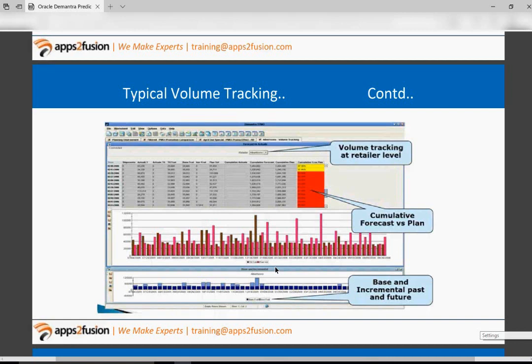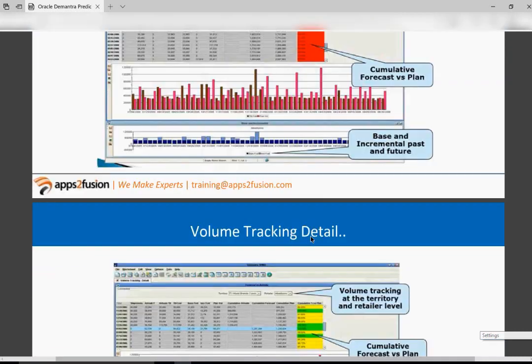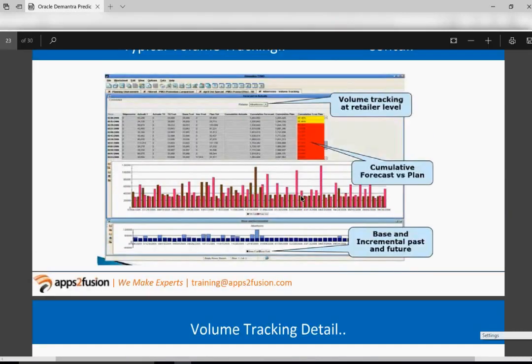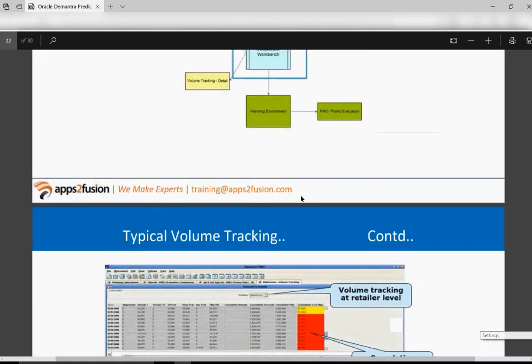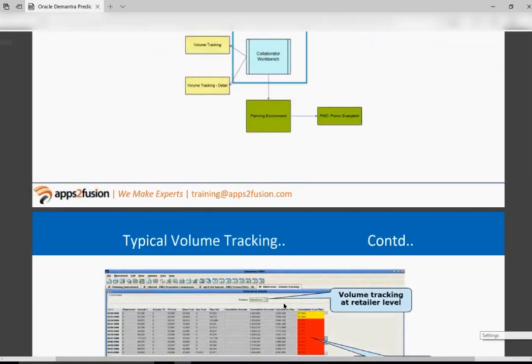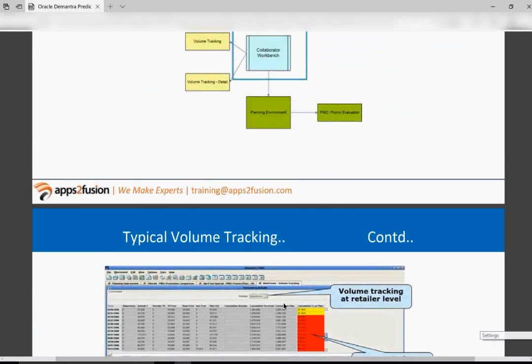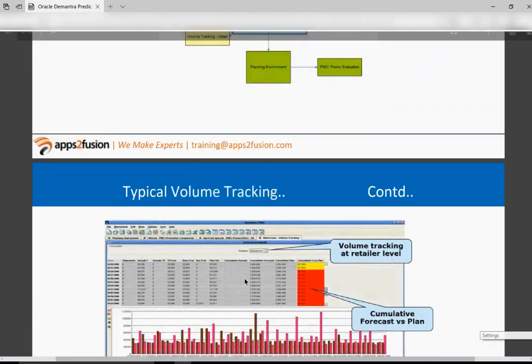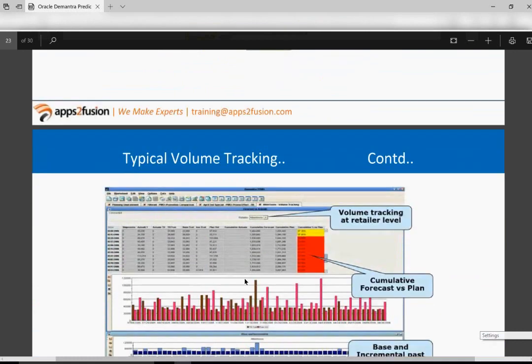The graph below is essentially prepared to see what my base and what my incremental is. And I think the middle graph is all about comparing certain elements of your base forecast and your previous cycle base forecast and so on. Again, I'm sure Energizer Holding would have their own worksheets to track volume tracking and fund tracking. Typically when we talk in terms of units and money, units is volume tracking and money is your fund tracking with respect to DPM.